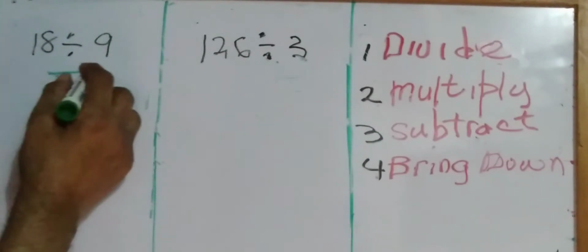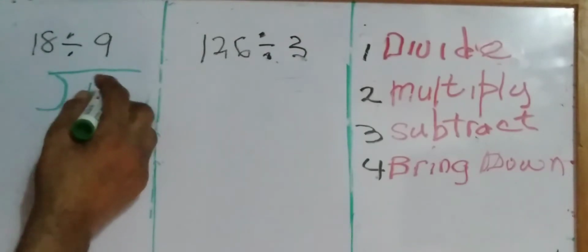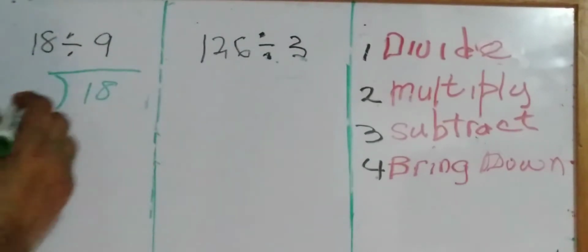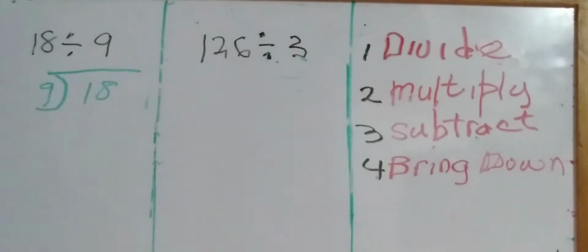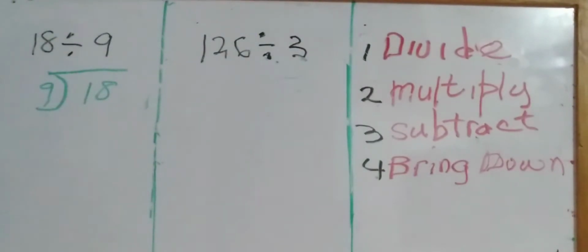This is how we set up a division problem. Now the 18, which is called the dividend, goes inside, and the 9, which is called the divisor, goes outside. And our answer is going to be called the quotient. That's what we call the answer in a division problem. The quotient, it goes on top of that horizontal line. So let's go. 9 into 18 goes 2 times. We have to know our timetables,